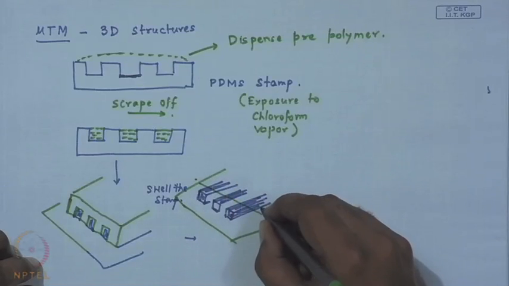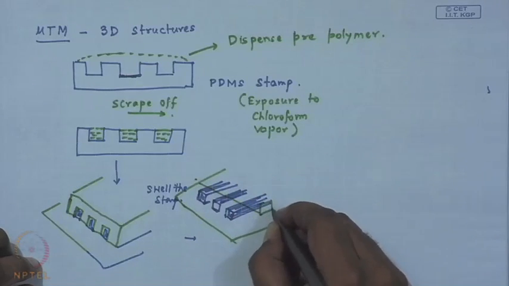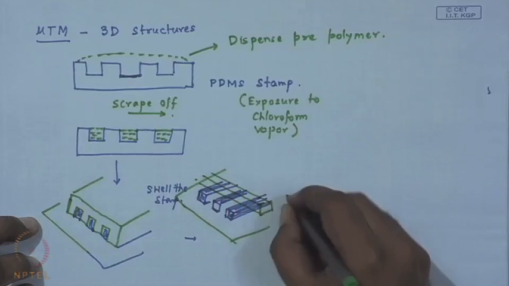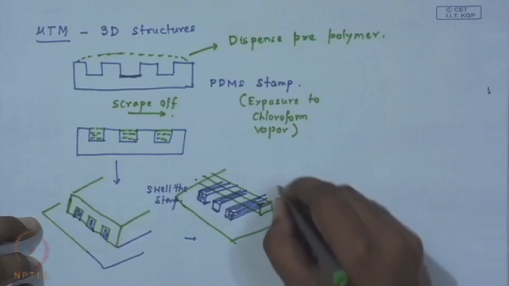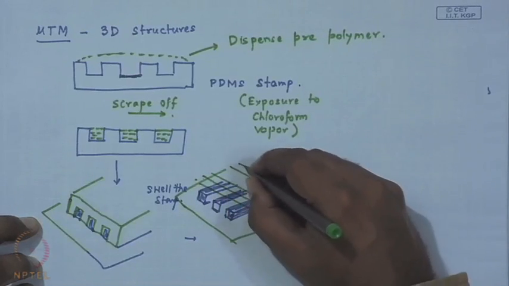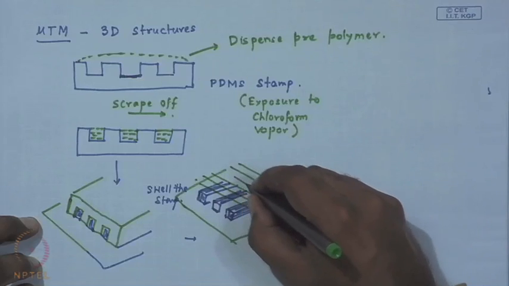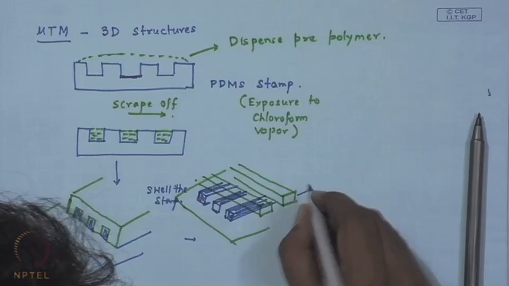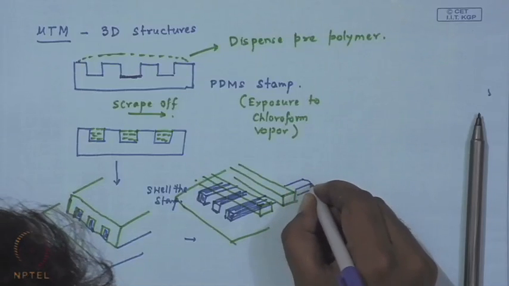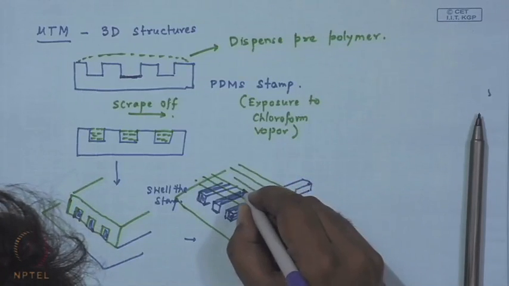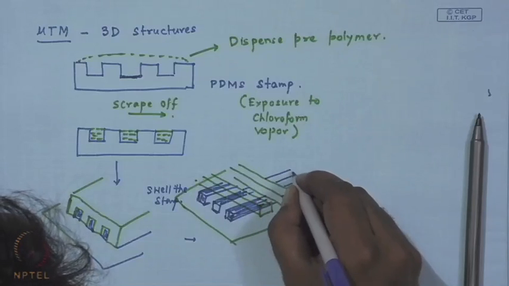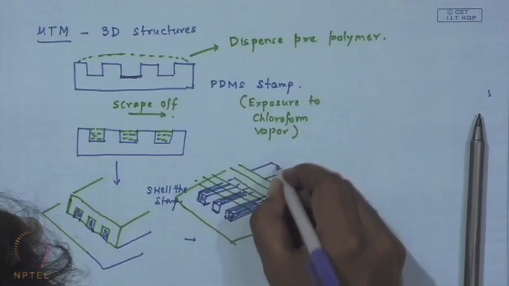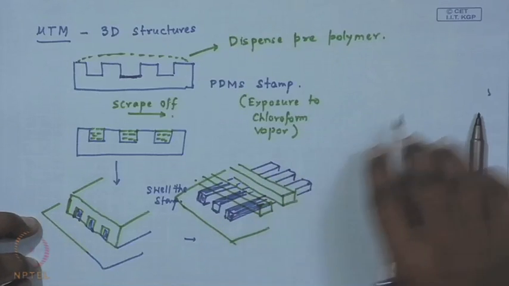So, in the process now you can place new sets of strips like this. So, you have, let us say, these strips over here, okay, and